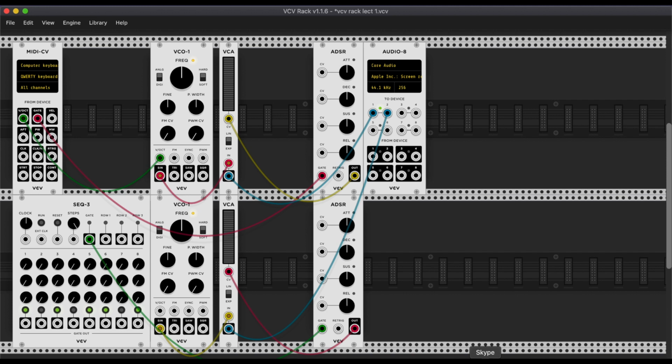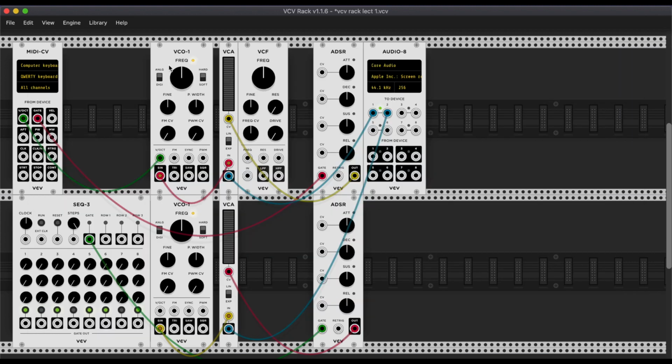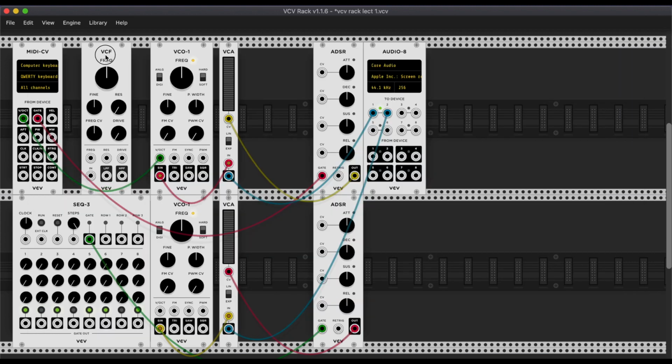One of the last things I want to show to you today is how to add a filter. In our modules, I'm selecting the VCF module, a voltage-controlled filter. It removes a range of frequencies from an audio signal with its cutoff frequency controlled by an external voltage. I will add a low-pass filter with a sawtooth wave on our oscillator 1